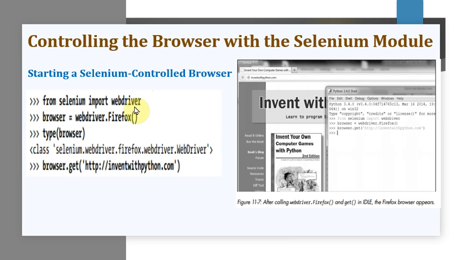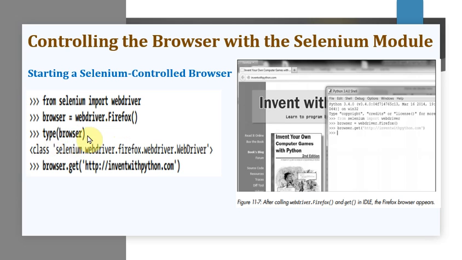After that we are going to launch the Firefox browser with Selenium. You can see here, webdriver.Firefox. When webdriver.Firefox is called, the Firefox web browser starts up. This is your handle.